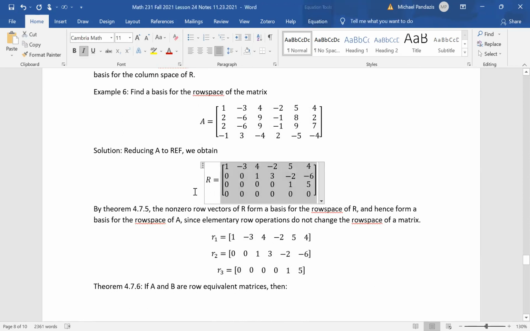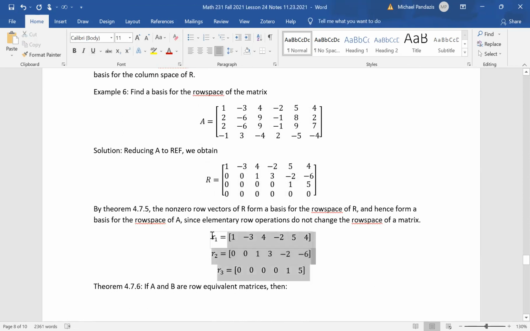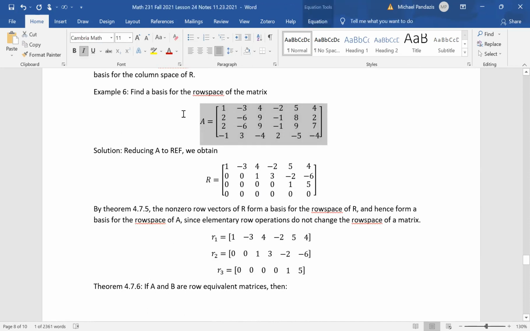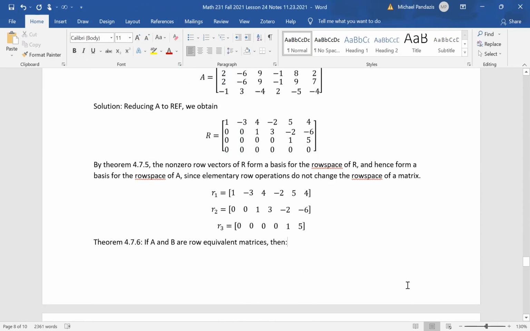So here I actually say that these three vectors also form a basis for A, and that's true. I could also ask you to find a basis using only vectors from the original matrix. In that case, you could have chosen the first, second, third rows of A, and that would also form a basis for A. But here, you can keep the same rows in this matrix and say they form a basis for the row space of your original one. Okay. Next is theorem